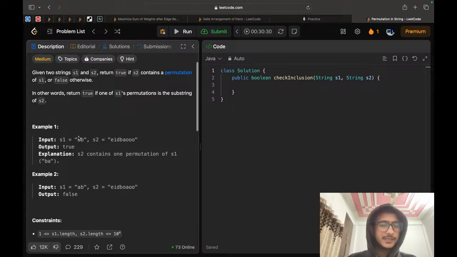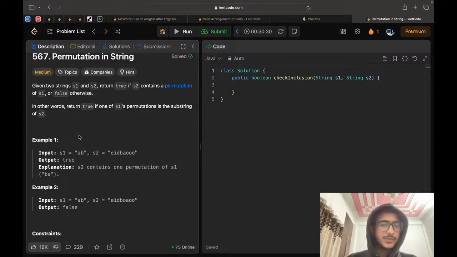So basically, we need to check if s1 is a permutation of a substring of s2 or not. Permutation basically means arranging s1's characters in any position. For example,